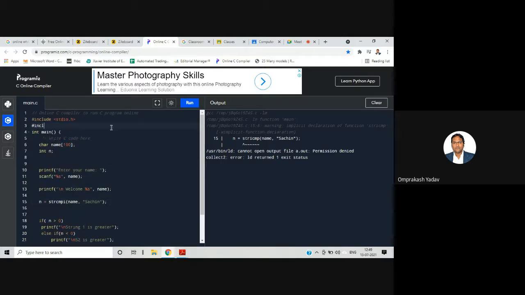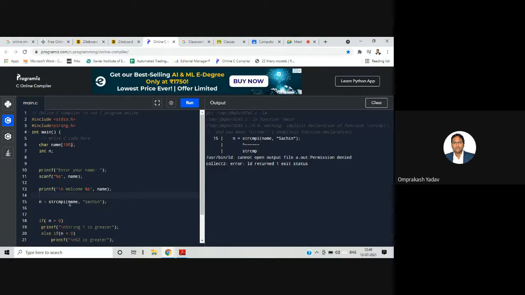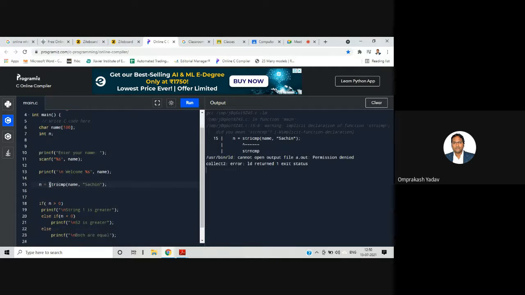Hash include string.h. No, it's not taking, but there is a function, strcmpi or stricmp, which ignores the case.